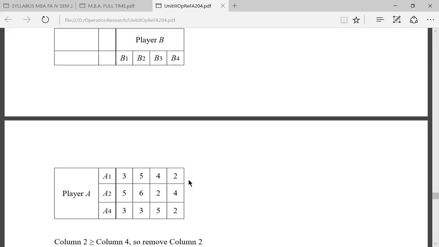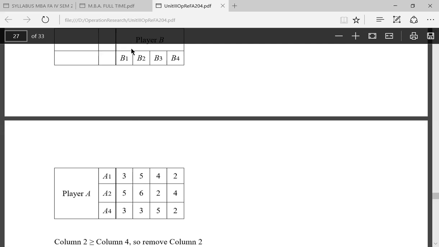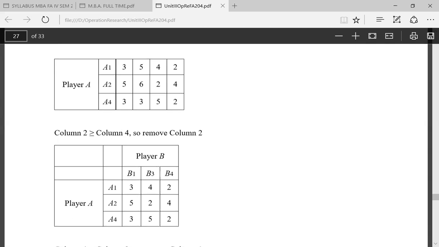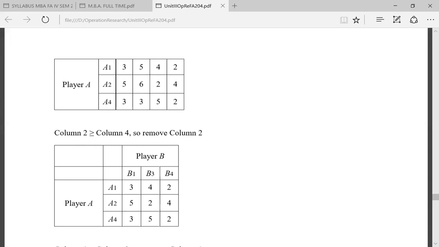Now we see, next हमने कॉलम 2 को कॉलम 4 से कंपेयर किया, कॉलम 2 और कॉलम 4। तो कॉलम 2 में हमारे हैं 5, 6, 3 और कॉलम 4 में 2, 4, 2। तो 5 is bigger than 2, 6 is larger than 4, 3 is larger than 2। Therefore column 2 can be eliminated. जो कॉलम बड़ा है वो एलिमिनेट हो सकता है। तो ये हमारा कॉलम 2 एलिमिनेट हो गया। अब रिमेनिंग में से हम कंपेयर करते हैं।